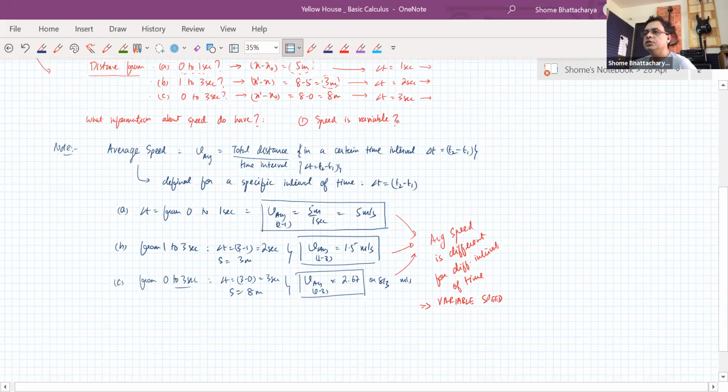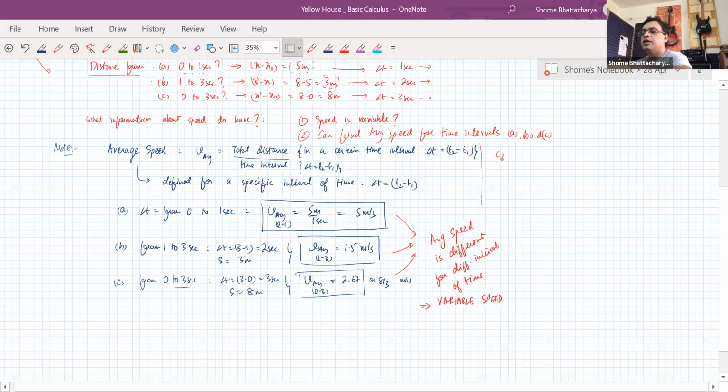Okay, so you'll also notice that apart from the fact that speed is variable, from this we can find average speed for time intervals which we have labeled as A, B, and C. But what we can also see here is that